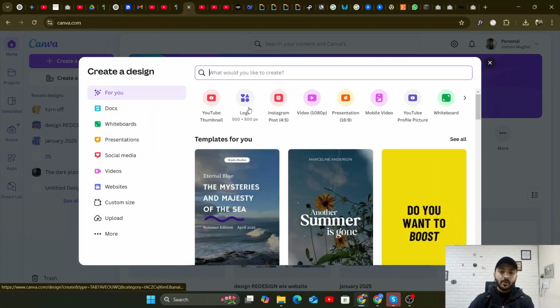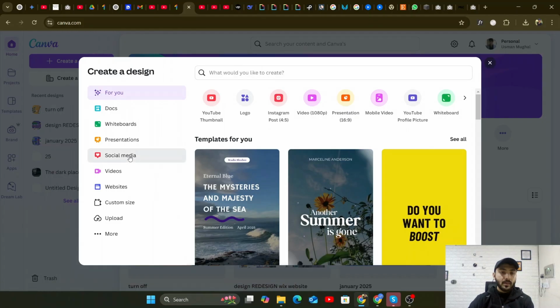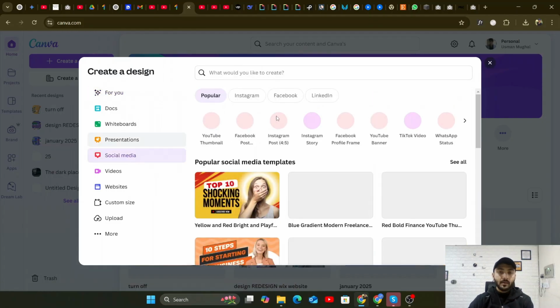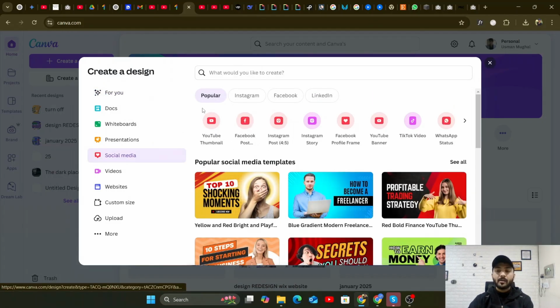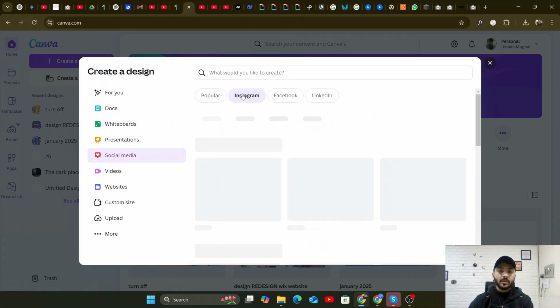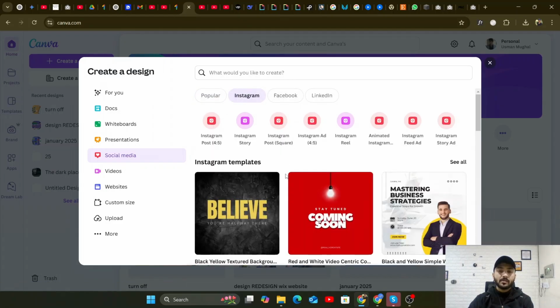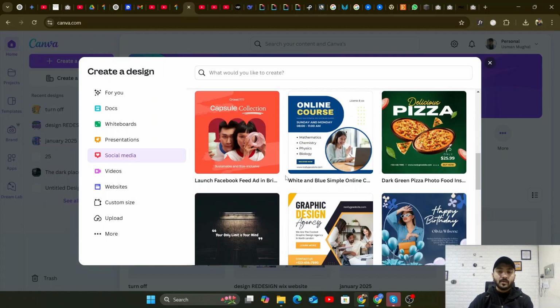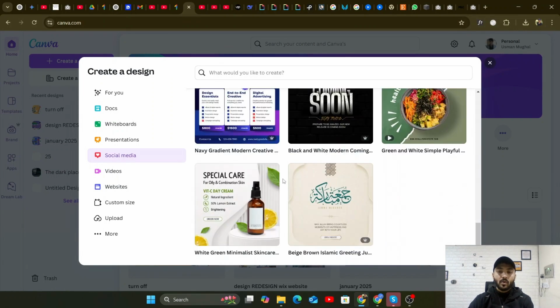So let's say we go with Instagram because social media posts I want to teach you in the start. So let's go with, actually let's click on social media here. And now here we have plenty of options. So we can go either with Instagram. So this is about Instagram posts, and as you can see, there are plenty of cool options to choose from to begin with. So then we have the Facebook,